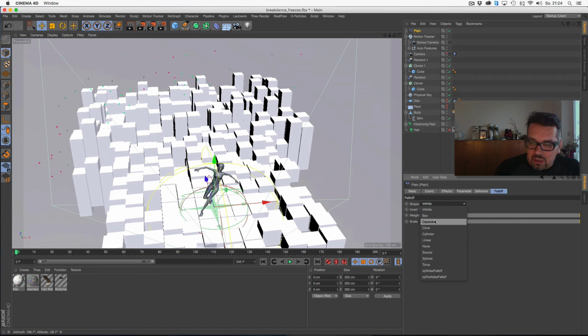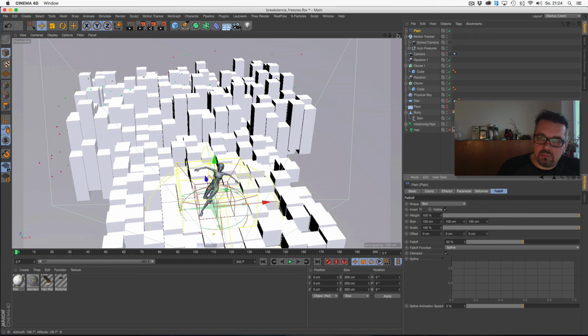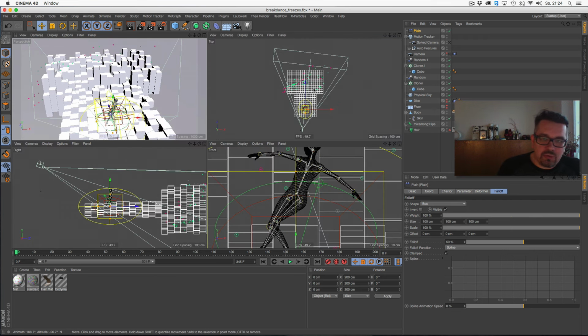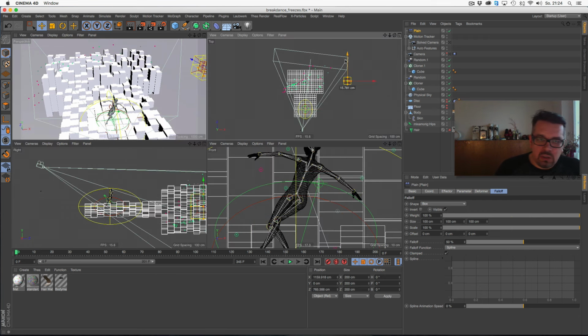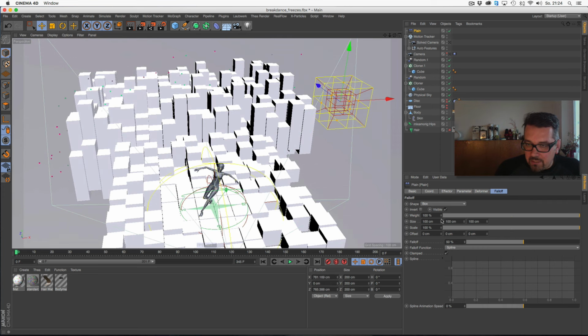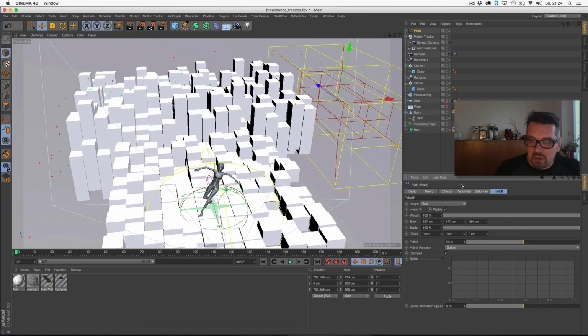Maybe in this case a box shape. This is the one. It's a bit tiny at the moment. We have to make it bigger, like this, and maybe this.